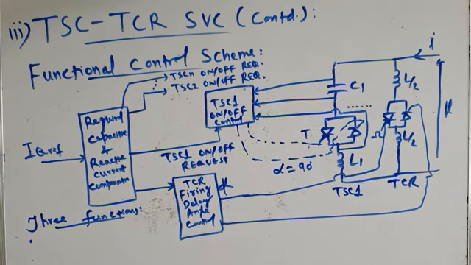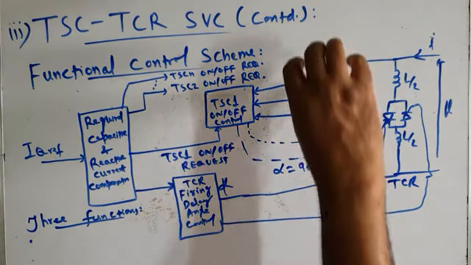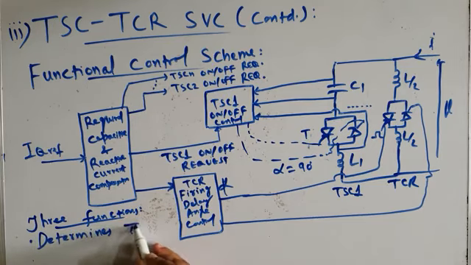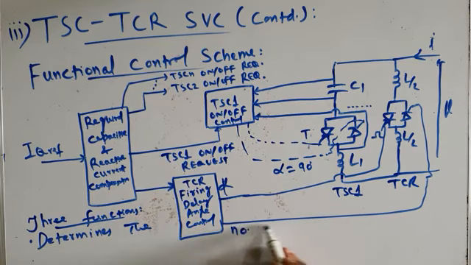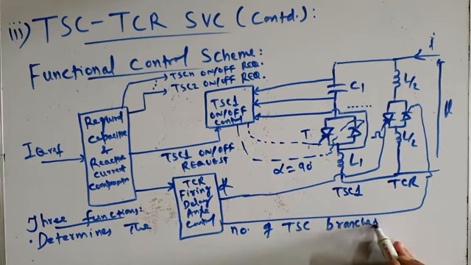That depends upon how much capacitive reactive current is needed to be produced, which will be decided by how much reactive power compensation has to be done. What is the total reactive power demand of the load? What is the total reactive power which is flowing on the transmission line? So that will decide the number of TSC branches to be turned on. So the first function is, it determines the number of TSC branches to be switched in. Switched in means to be turned on